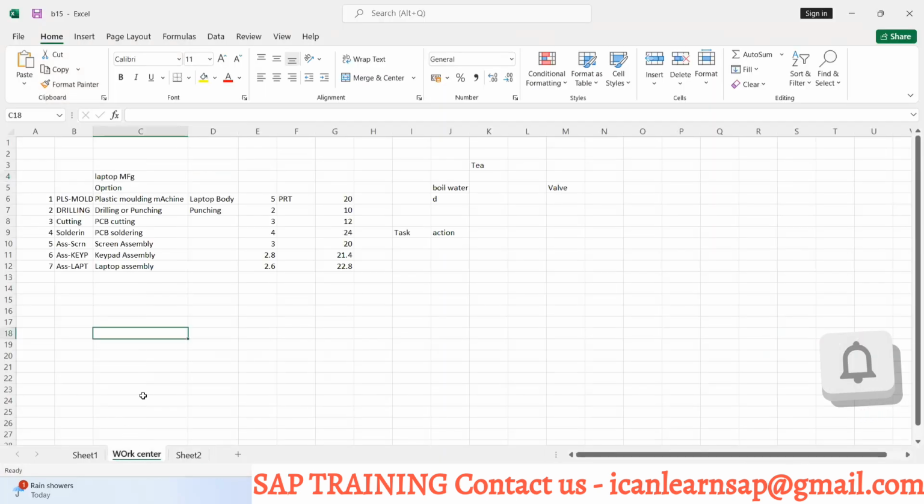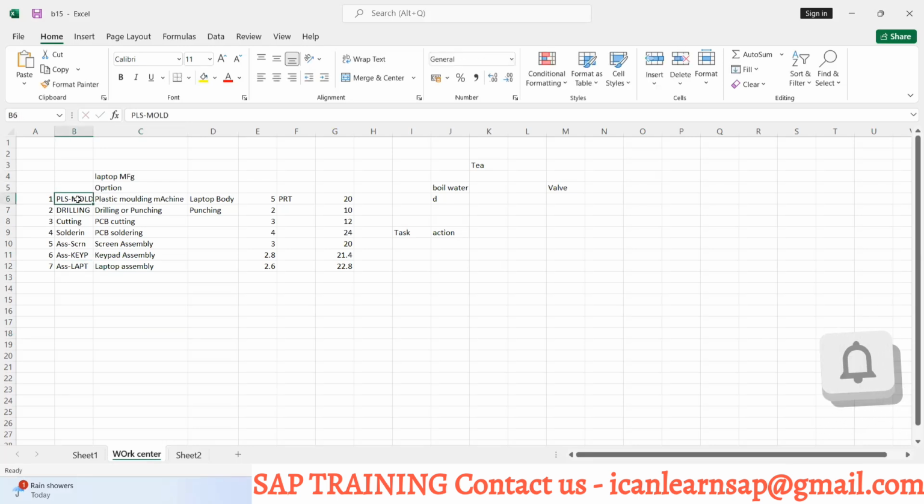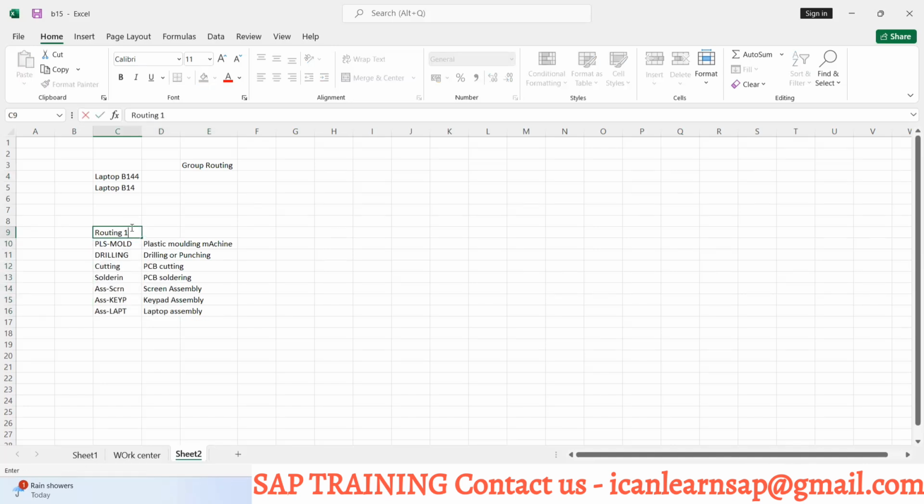So these are your different operations. These are the operations we have created. Now assume this operation and sequence. This is your routing 1. When your company started somewhere in 2000, at that time you are having this scenario. You are having these many machines, 1, 2, 3, 4, 5, 6, 7 machines. Now you bought in 2010,